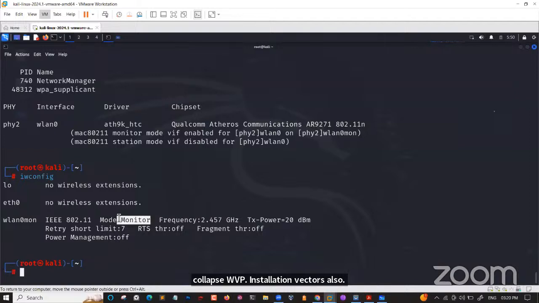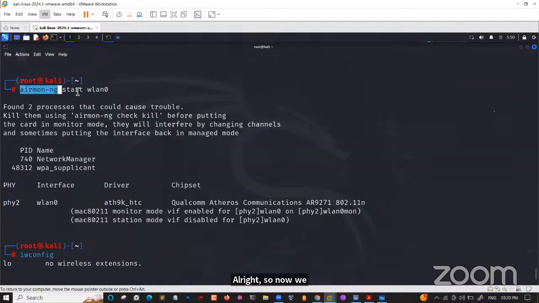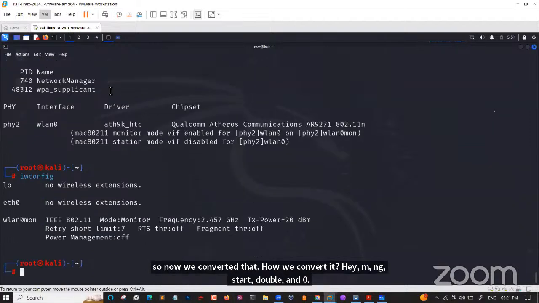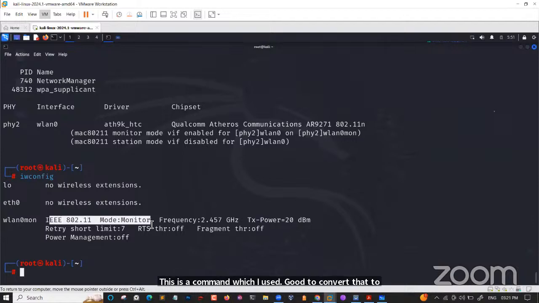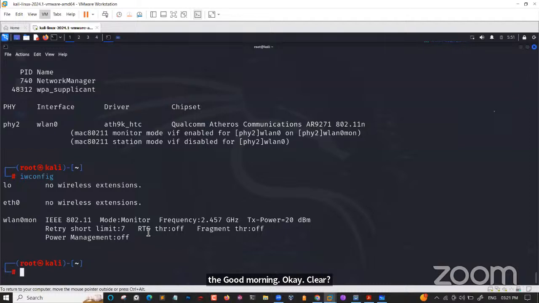Right. So now we converted that. How did we convert it? airmon-ng start wlan0. This is the command which I used to convert that to monitor mode. Okay. Clear? First we converted that into monitor mode, and next we need to go with capturing nearby networks. So how can we capture them? Any idea? So let me go with the